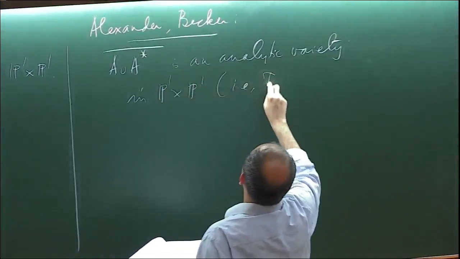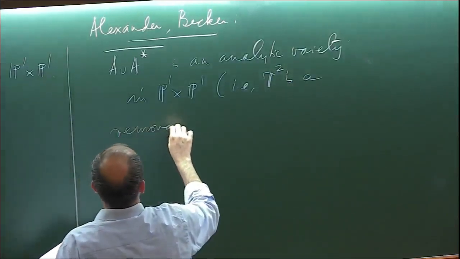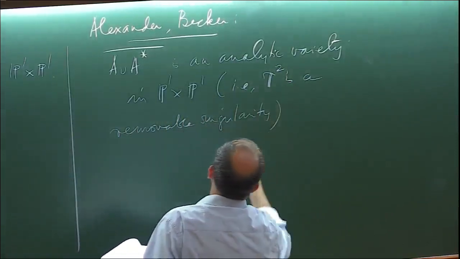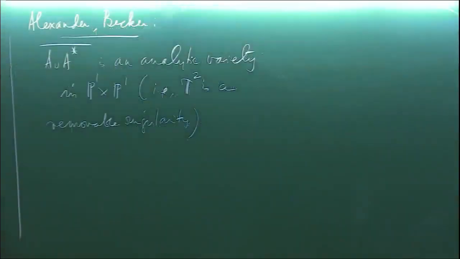i.e., T2 is a removable singularity. So nothing bad can happen here. All okay. And I think it's important to understand what this theorem is actually saying and why it works in the first place. Why do you expect this? So first of all,